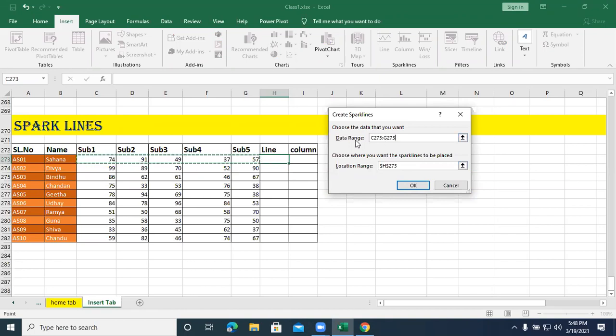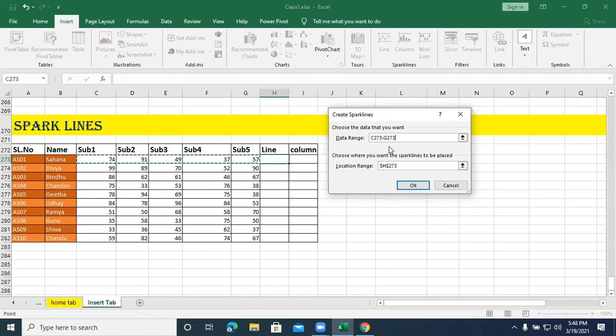So what type of reference is your data range? Which type of reference is this? Why, what happened?